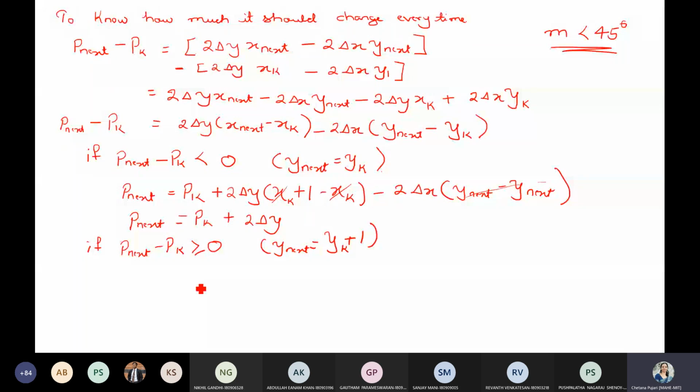The new value for your P next will be P next equal to Pk plus 2 delta y. So this will remain same, that is xk plus 1 minus xk minus 2 delta x. Y next